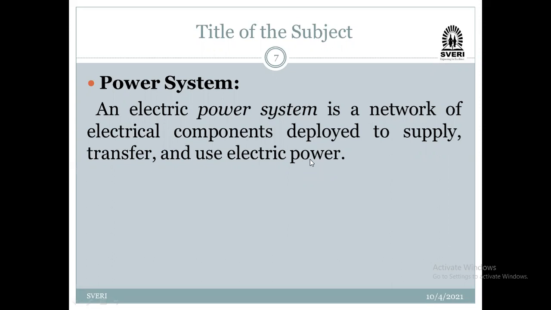As you know, we have different types of power, but in our electrical engineering, we are concerned with electric power. So what is that particular power system? Power system is the branch of electrical engineering which deals with the generation, transmission and distribution of electrical energy